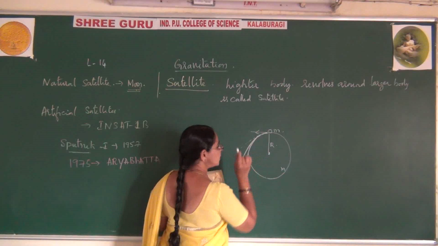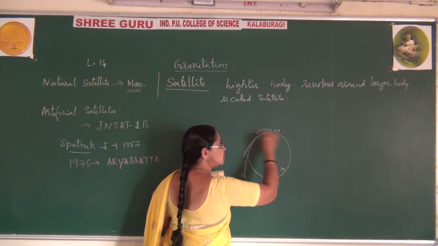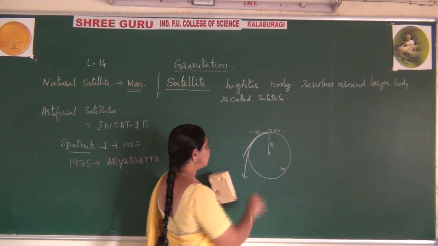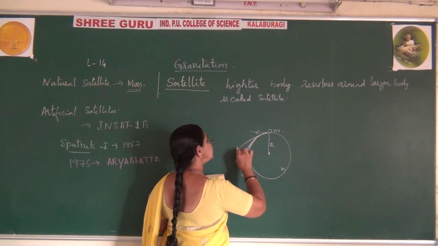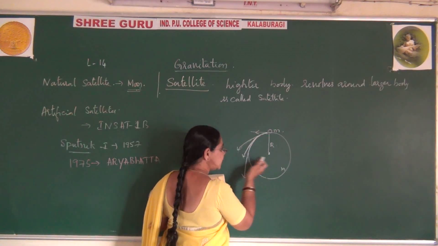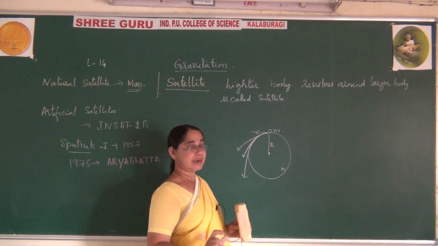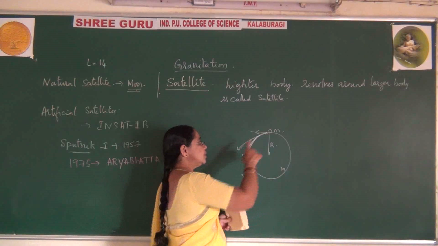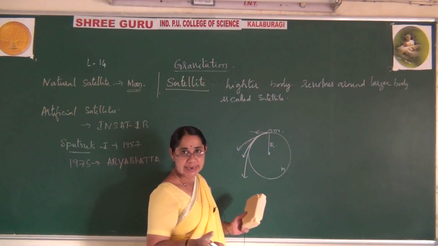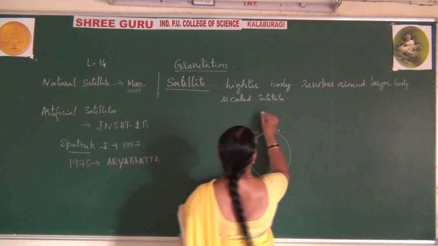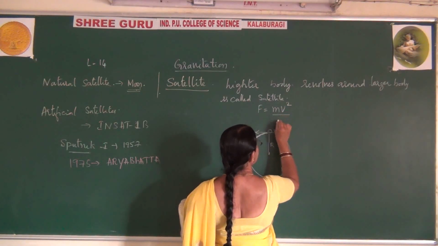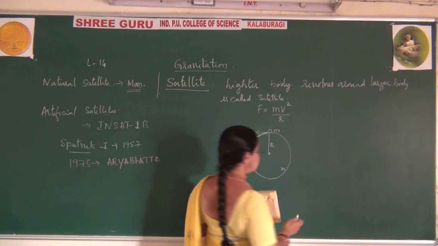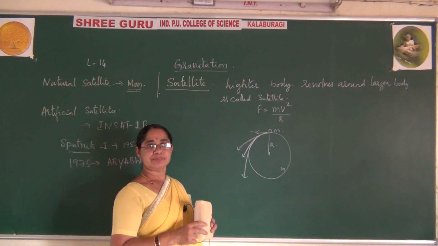It will never come to the surface, and it will never go into this circular motion. Because of high velocity, it moves like this. Because of the gravitational pull, it is seeking towards the center. So here, what is acting on this object? The centripetal force is acting. What is that centripetal force? That centripetal force is given by m v square by r. Here I have written this symbol, that is r. Right? mv square by r.